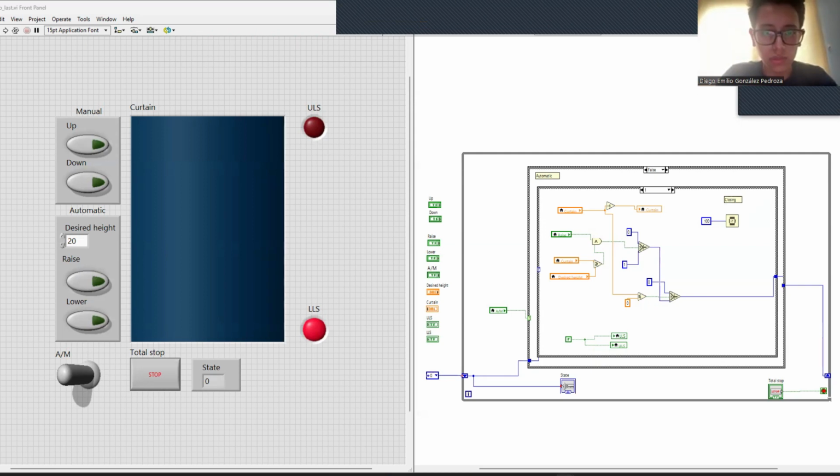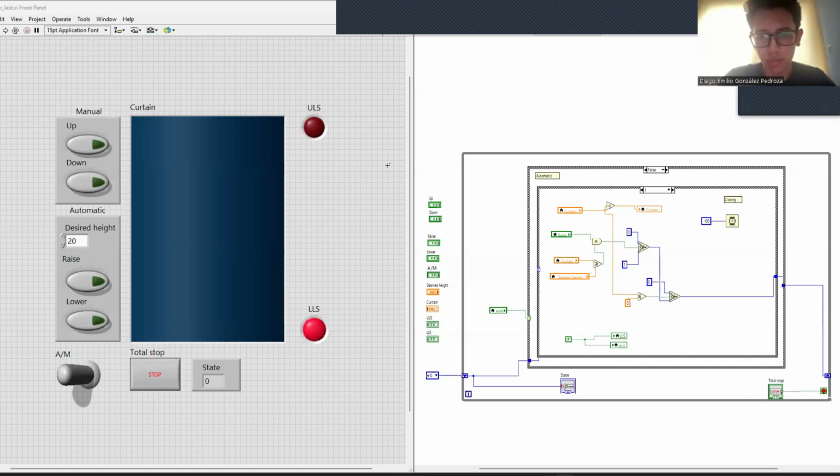This suitable human-machine interface consists of an interface with two modes of operation, one manual and one automatic. These two operation modes are separated by sections. However, they share some elements to integrate the whole operation. And these elements are a switch that performs the change of the operation mode, a stop button for the complete